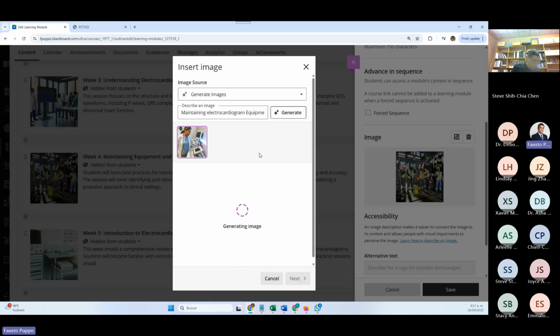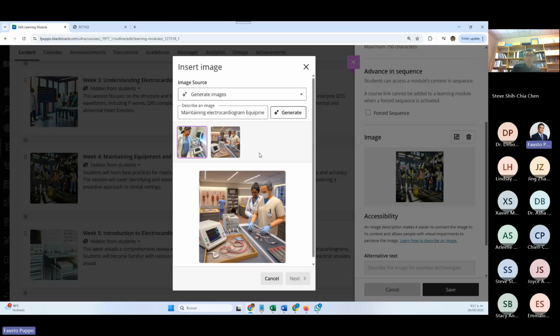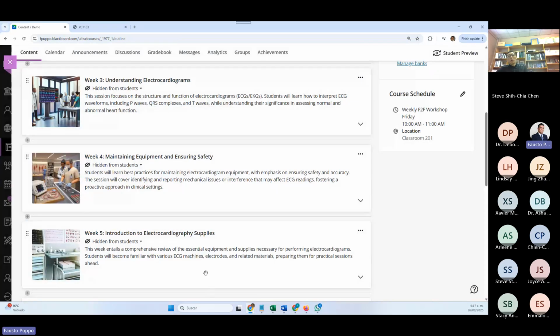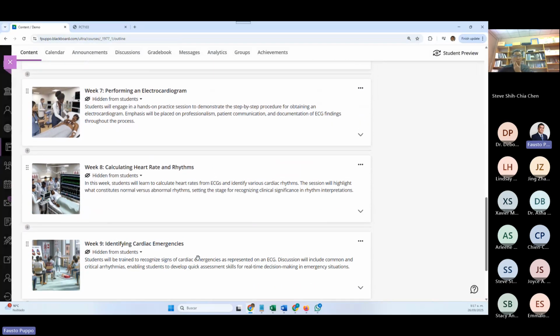But you know, AI in general uses a lot of power, a lot of electricity. So this is much more efficient. Oh, I like that one better because they're looking at the equipment. So I select this one here. And don't forget to save once the image has been processed. Okay, that looks better now. Let's keep going and